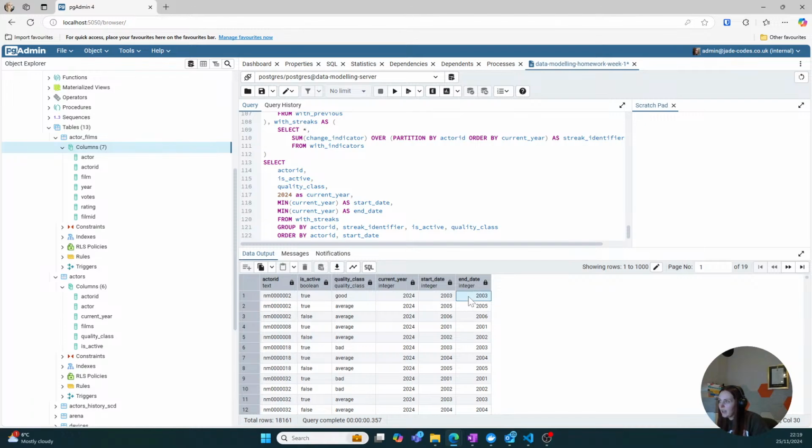So you can then see we are then grouping by the, you can see that it's actually been able to identify the actor ID, the is active, the quality class, the current year, the start date and the end date. Because I've ordered it by start date, you can see that it goes up. So for actor ID with this ID, you can see that they were true and good from 2003 to 2003. They were